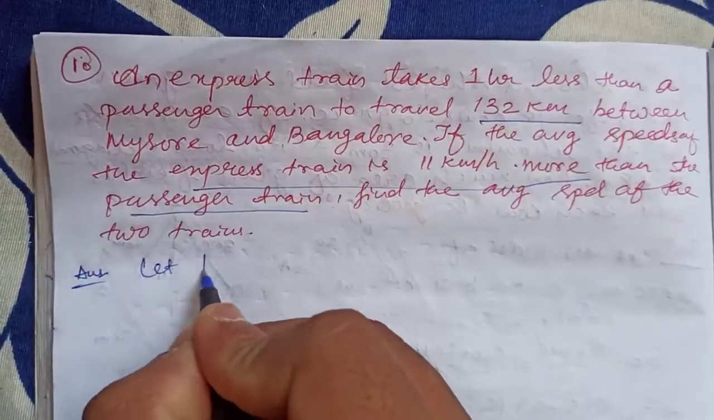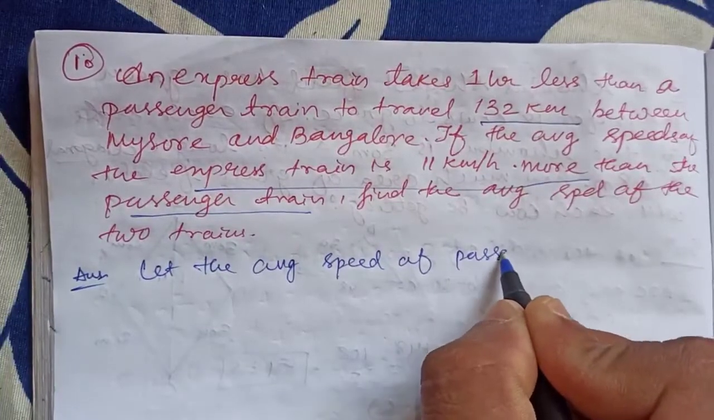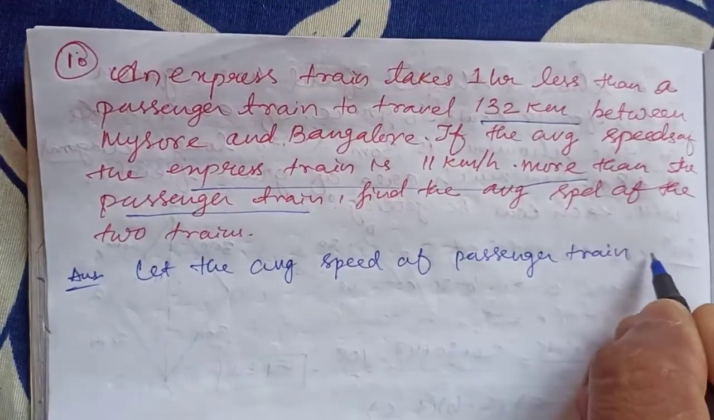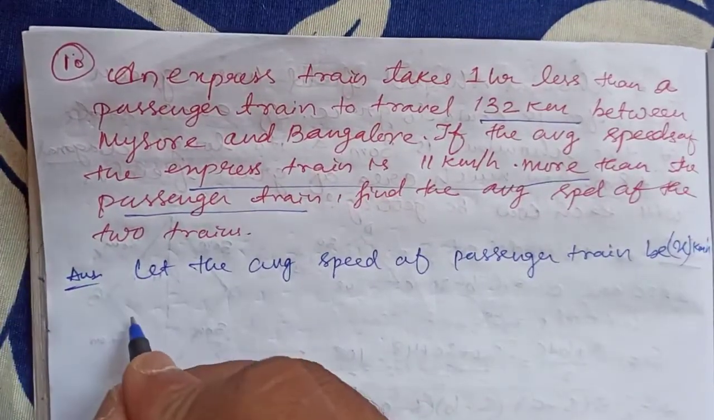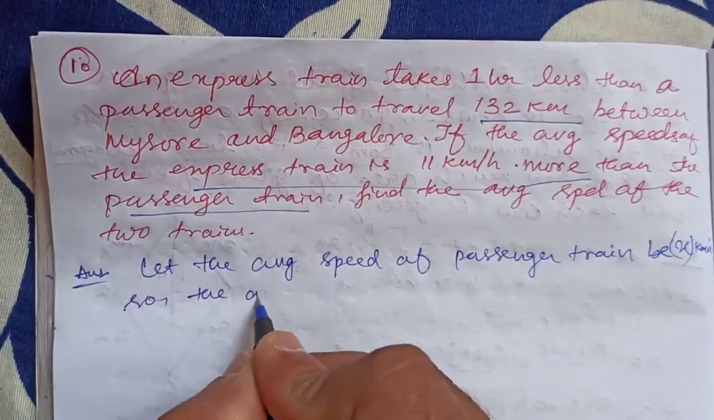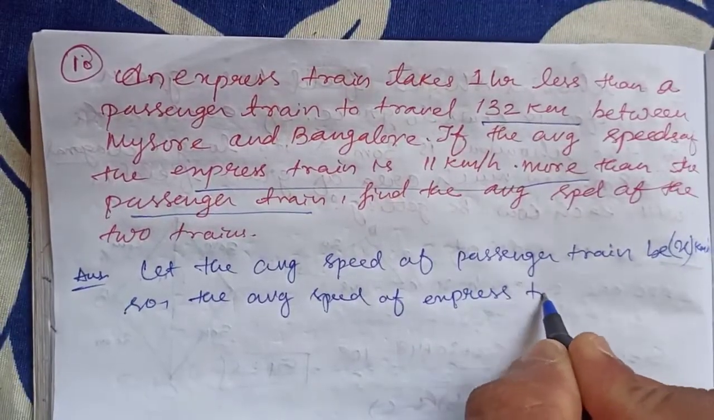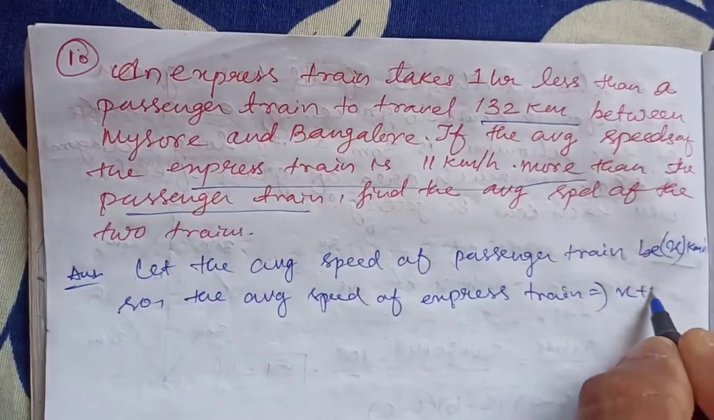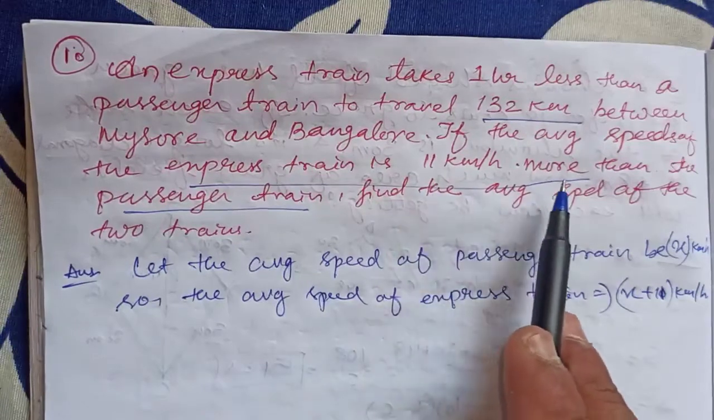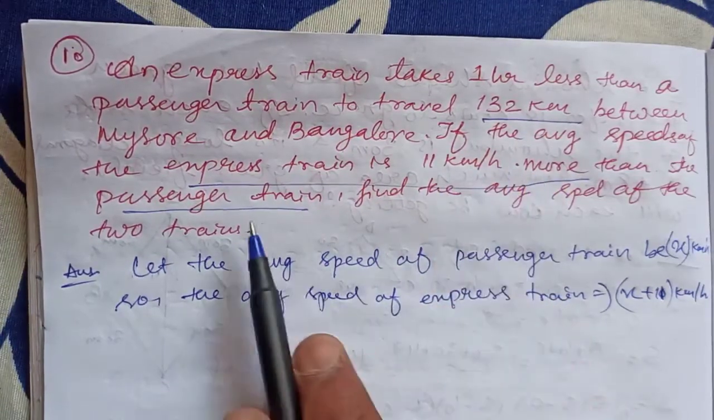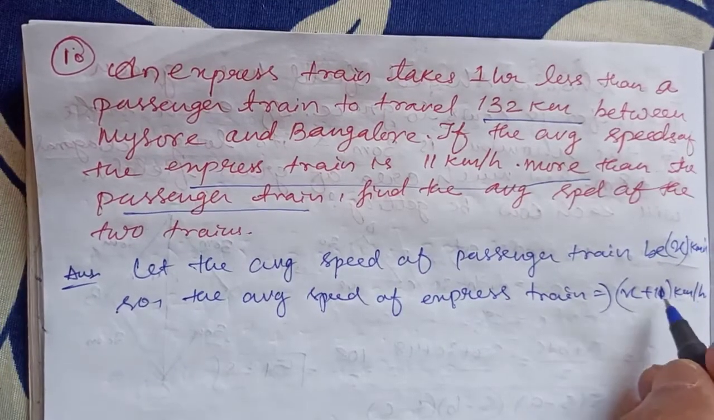Okay, so we will take, let the average speed of passenger train be x km per hour. Okay, x km per hour. So the average speed of express train will be x plus 11 km per hour. Okay, why? Because it is going 11 km per hour more than passenger train. So express train will be x plus 11 km per hour more. Okay, now